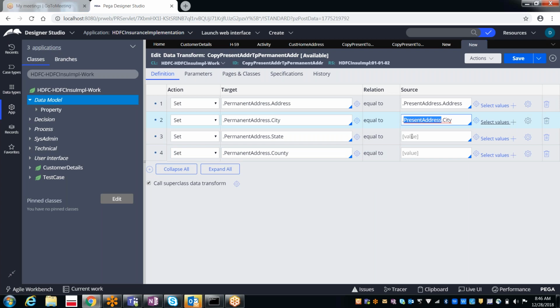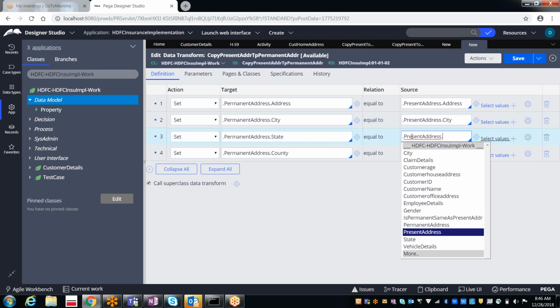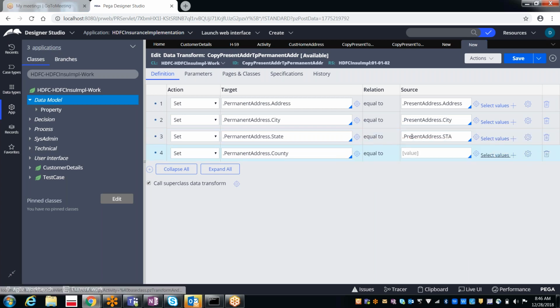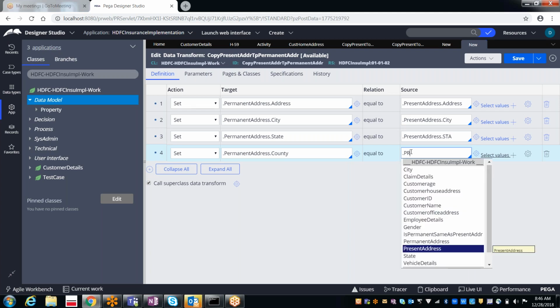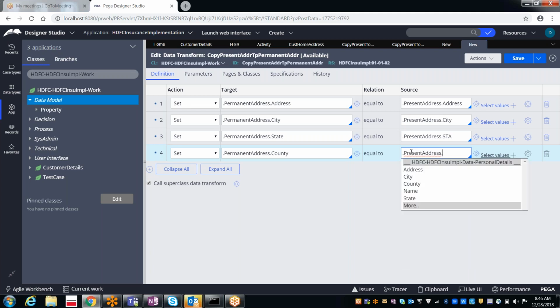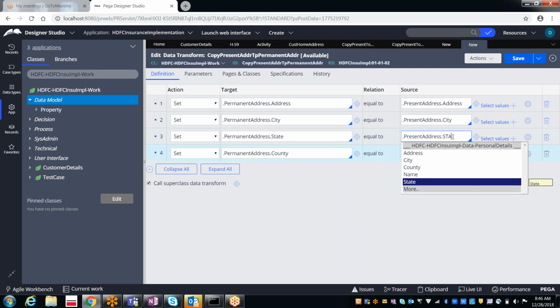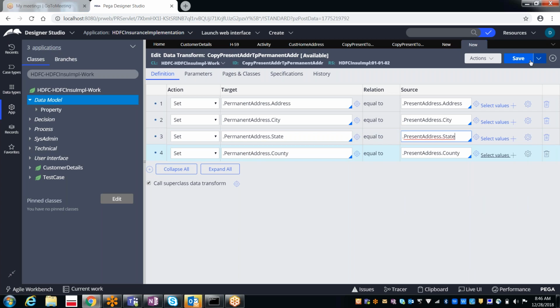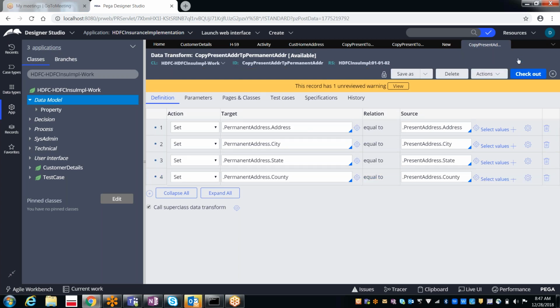From present address dot state, and present address dot country. Okay, save it. Now we have saved it.